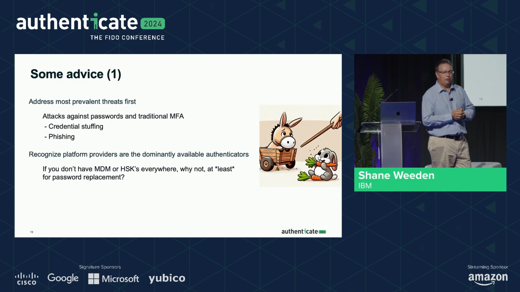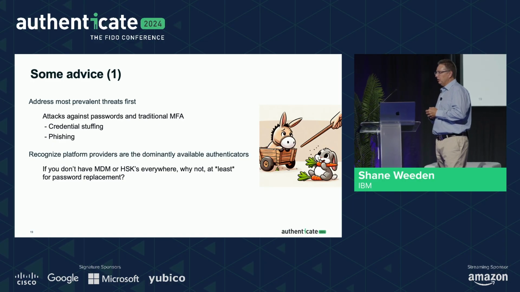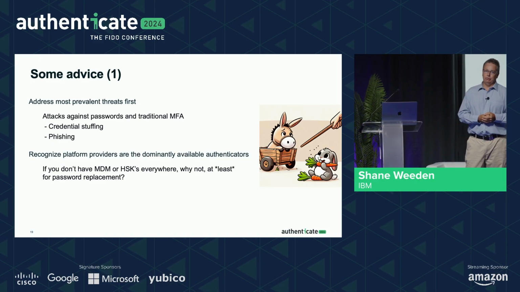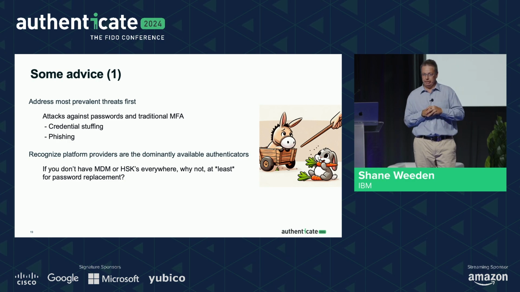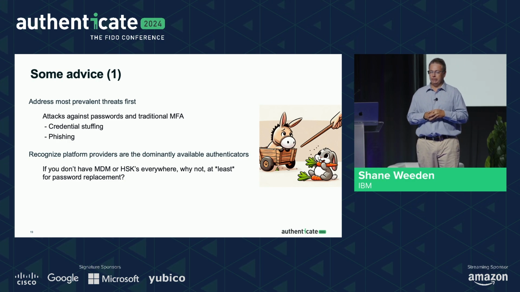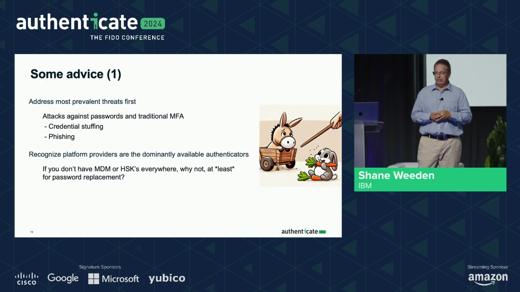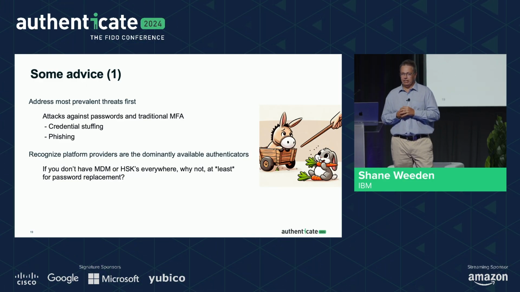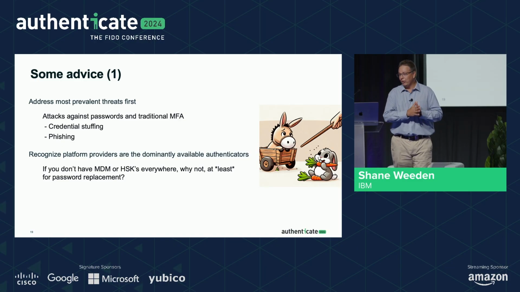What do they say? Don't bite off your nose to spite your face. You've got to look at what the most prevalent threats to your organization are. And if you need to, go back to the scare chart and look again at that evil proxy campaign against Fortune 500 company C-suite executives. Phishing against high-value targets is an incredibly serious threat. And anyone using a synchronized passkey or any passkey is mitigating that threat.